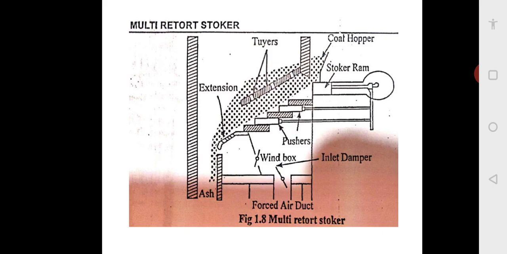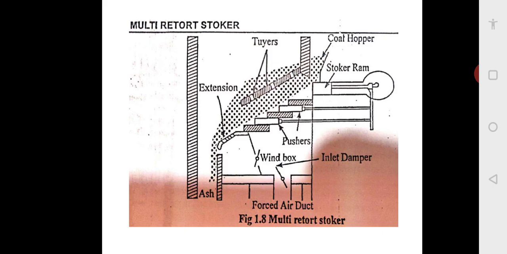This also consists of a fuel hopper and a coal pusher, as shown in the figure. The coal is fed through the hopper, and is pushed by the main pusher driven by a ram. Coal is coming from the top by gravity, and it is pushed by a ram. The ram is like a piston element. The distributing pushers in the retorts push the coal and distribute it over all the retorts. So the coal is pushed over all the different retorts.